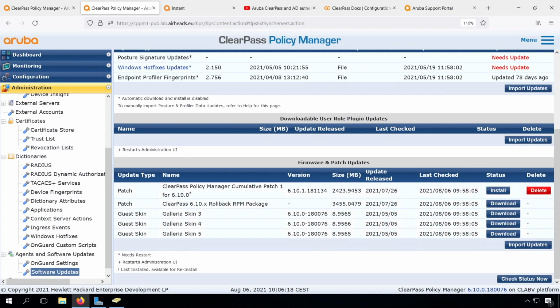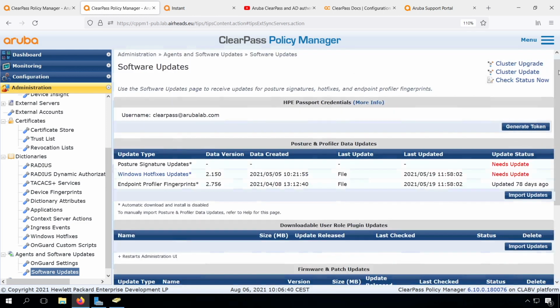There we go, the patch is downloaded and the download took me approximately 8 minutes to complete. As a remark, make sure that you always check the release notes for all software that you install or update. So now we have two options. First, we can use the install button here. So that will do an install on this appliance only. But the other option, what we can do as well, is we can go to the cluster update feature. And let's do that for today.